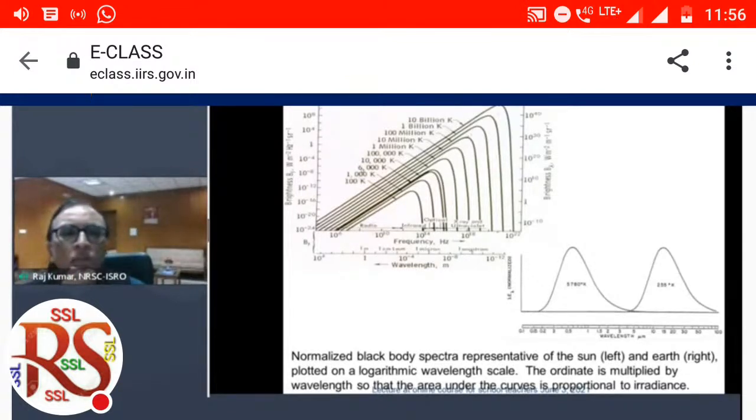Similarly, for the sun, at 6,000 K, your total energy, as you know, is what we see in the visible range only, that is 0.4 to 0.7 micron. But whereas in the